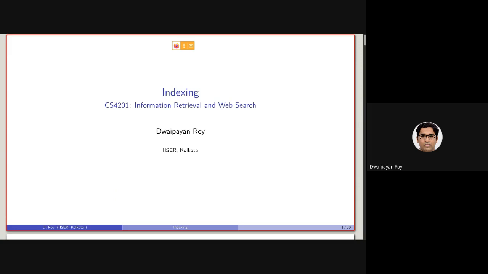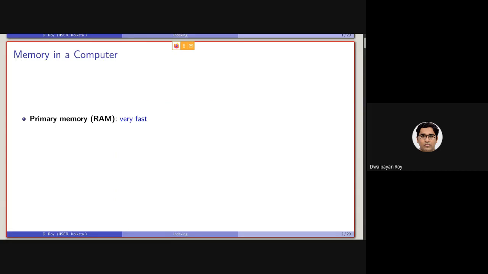So we need improved mechanisms or some advanced techniques to actually perform the search quickly. So the first step in order to perform a quick search is basically to index the collection. So in the last class we have discussed the use of an inverted index and how to create one. Today we'll be looking at that from the practical perspective.